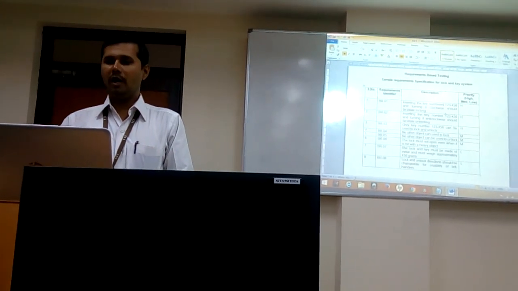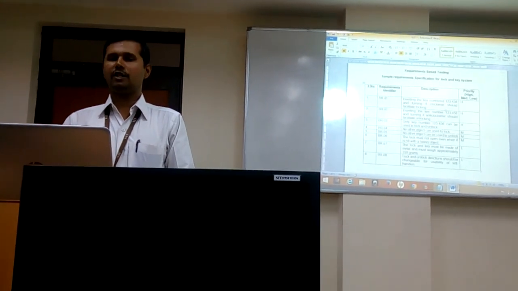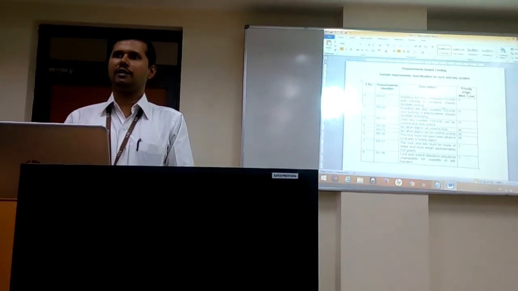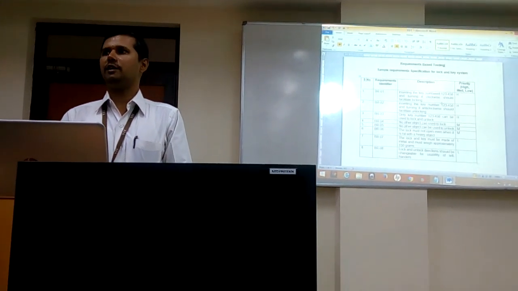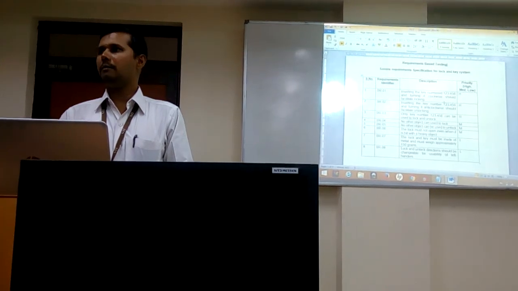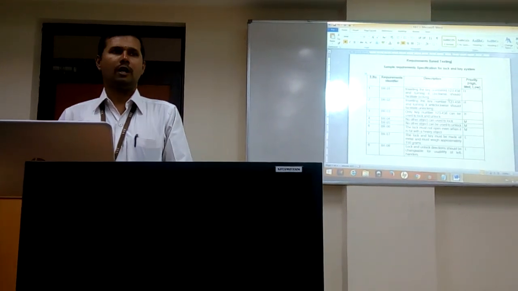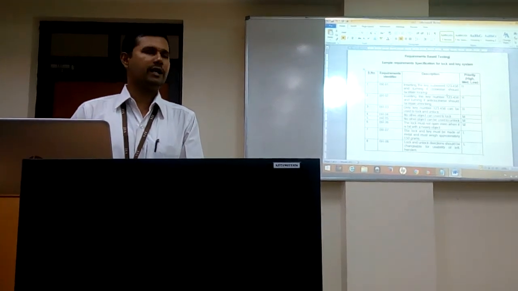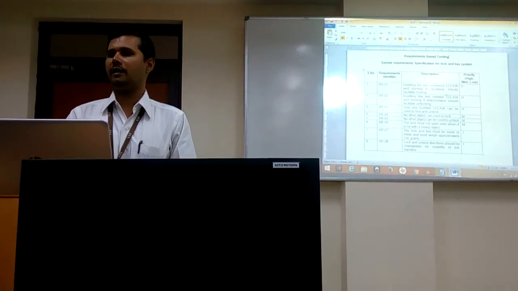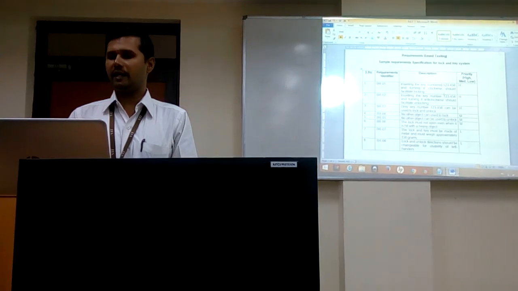So these are all 2 high priority requirements. And then the third one is, you should simultaneously lock and simultaneously open the key. That is called the third requirement. Again, it is also a high priority requirement. Now the remaining 5 requirements come under the medium or low category. See how very easily they are categorized.